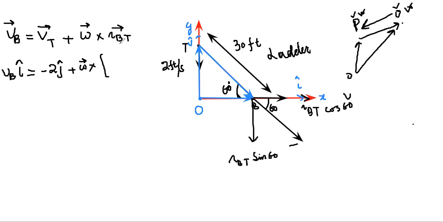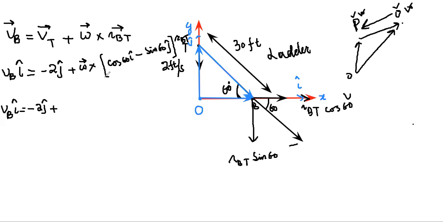So this RBT can be written as RBT cos 60 i cap, then j cap is negative, minus sine 60 j cap, multiplied by this RBT. RBT is common, that's why we took it out. Therefore VB i cap becomes equal to minus 2j plus